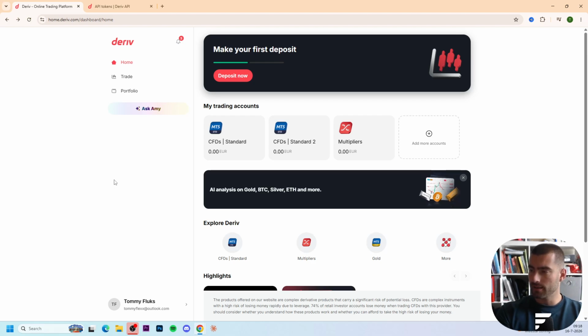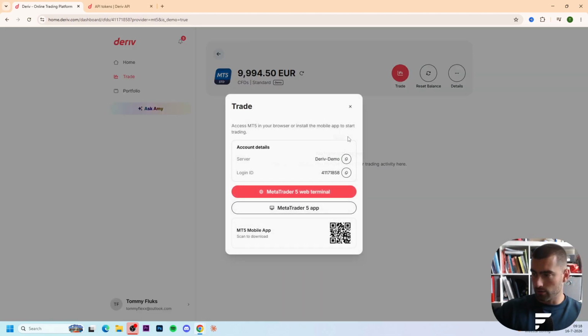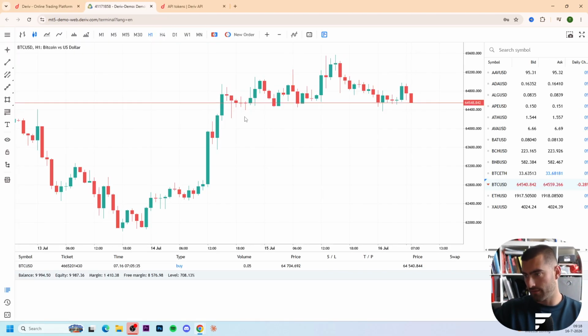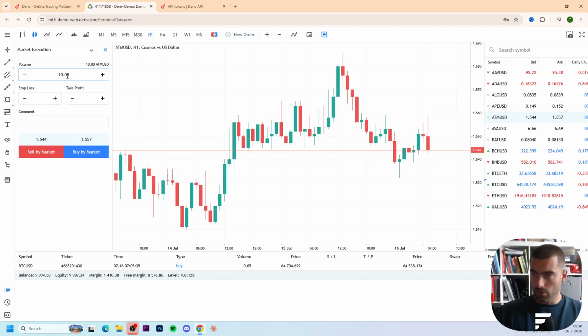The first thing where I need to tell you that is very difficult is the MetaTrader 5 option, because if I go right here to trade and demo and I select right here the CFD standard and we go to trade and we go to the MetaTrader 5 web trader, there's no way how we can change the leverage right here. They automatically change the leverage for you, but right here on the chart, so let's say I want to buy this position from here and we click on new order,